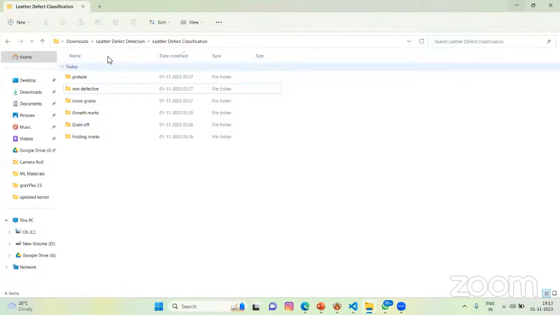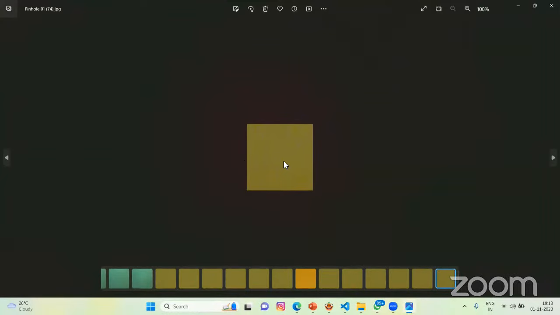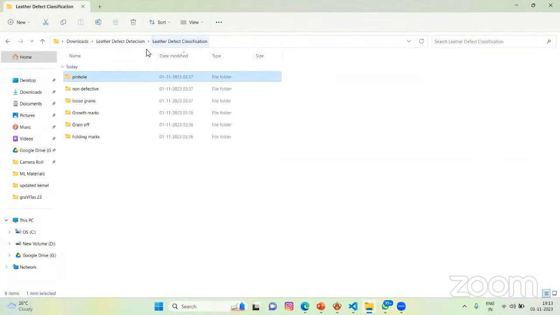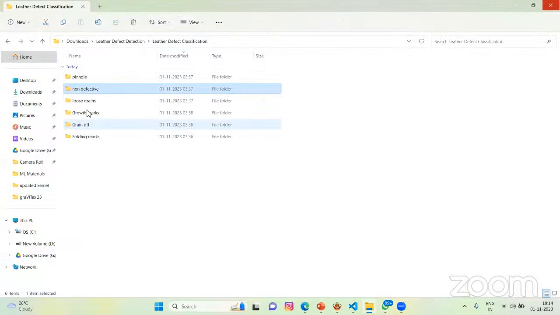Here I have just shown you the leather defect detection. So here we have pinhole leather images. These images have pin-like holes in all of them. So this is one kind of leather defect, and this is the non-defective images. It doesn't have any defects in it. We also have other defects like loose grains, growth mark, grain off, and leather folding marks. So with this leather defect detection, we are going to see a hands-on problem,